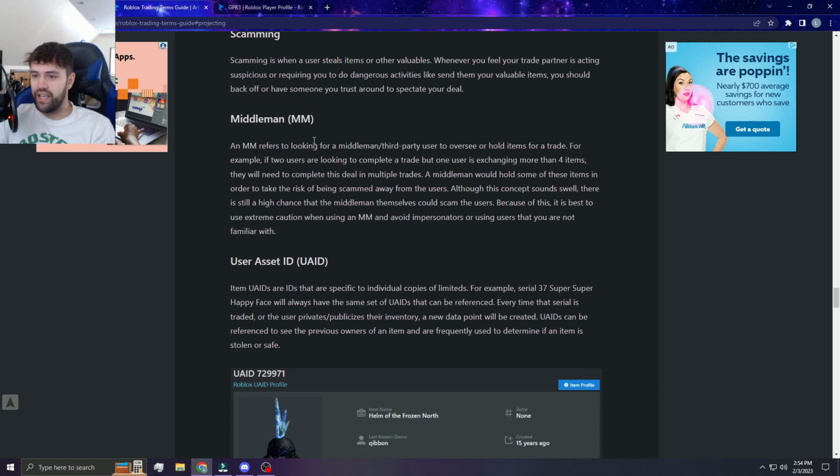A middleman, aka MM, refers to looking for a third-party user to oversee or hold items in a trade. For example, if you're doing a mass trade, which is more than the 4 item slots you can have. Is it 4 still? I think it is 4. I was thinking it's 5 for some reason. But yeah, more than 4 items, they will need to complete the deal in multiple trades, which I was saying